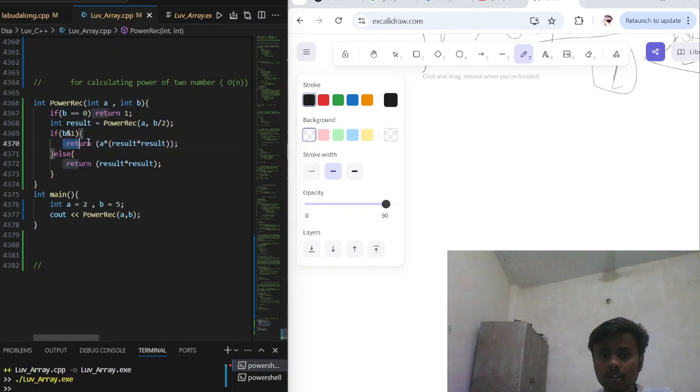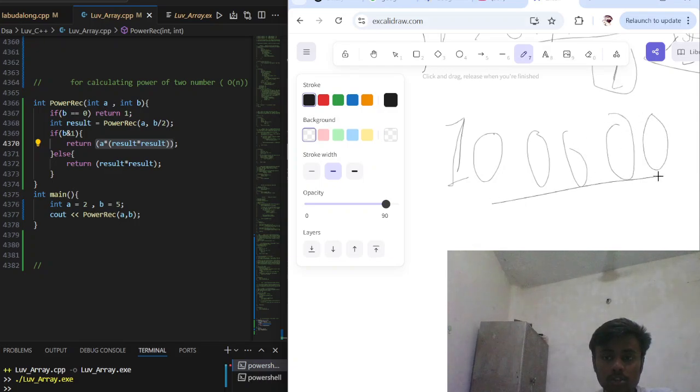If you are using this condition, then it can become problematic for large overflow conditions. So for handling large integers, the function calls itself again and again. So for treating large numbers,